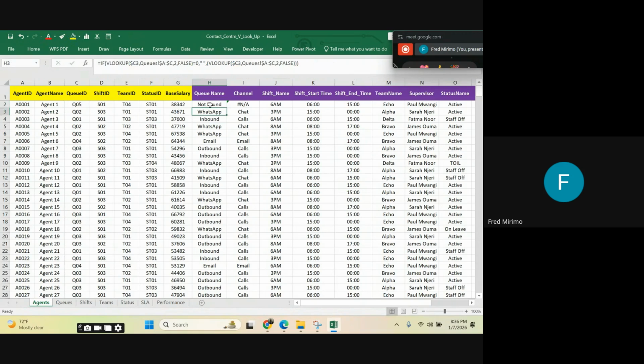See, now we've combined IFERROR in this formula, and you can see what it's doing. So yes, the value is not there. So instead of it giving us NA,